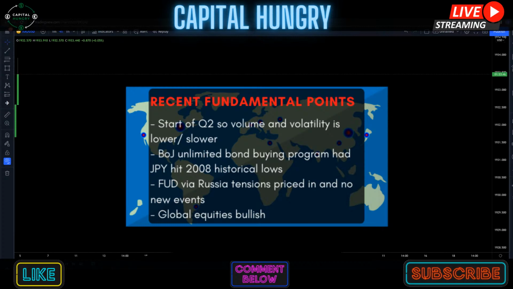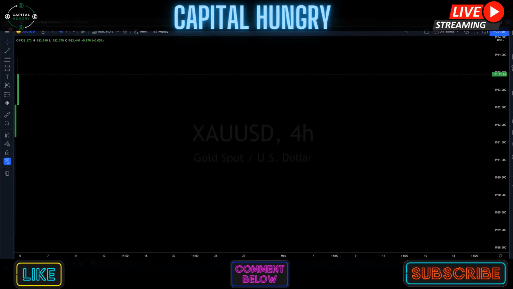Okay, so you can also understand that with not having any new fear-related events in the market, that markets have been relatively optimistic. Global equities are still very bullish across the board as the greed train continues to extend by the stock market whales, market makers, whatever you like to call it. With those fundamentals in play, you can see it's having an impact on both the volume and volatility and market